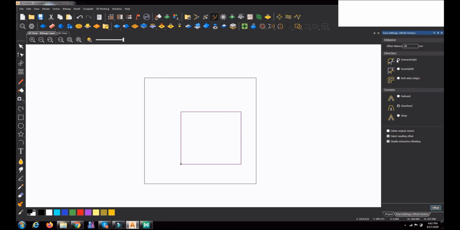Offset direction is shown as outward. Then how should the corner be treated? If you want to make it a radius, you can keep it radius, and then offset. So the offset happens like this. Control Z. The same way you can make it inward, inside. When it comes inside, there is no scope for the radius, so the radius is not formed. Don't mistake it, because at this distance it can't form a radius.